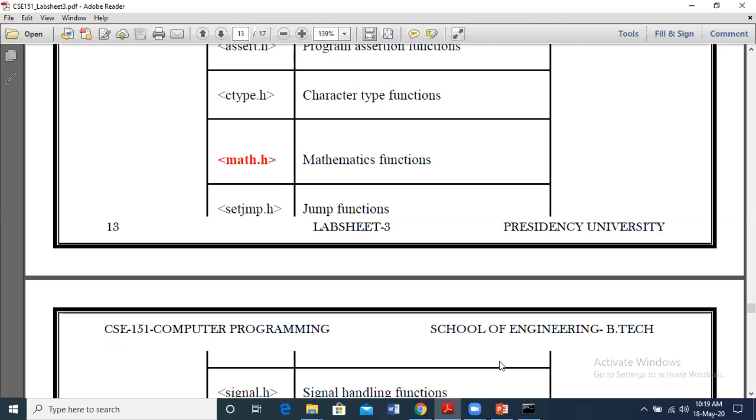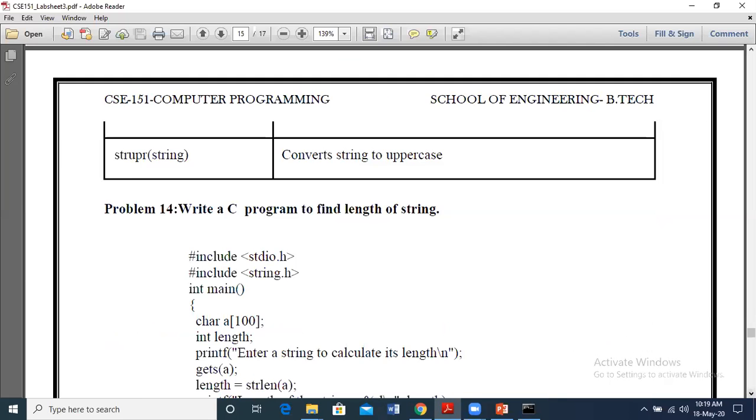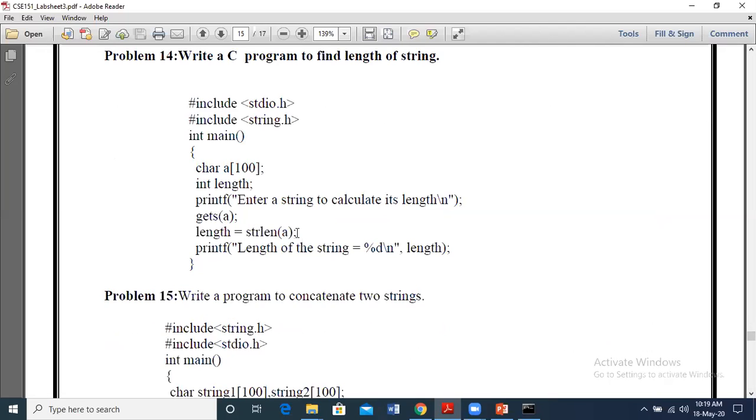Here when we give strlen of a, that is the string we have taken. It will take whatever input we have given in a and count character by character until null. Null is not counted. Say there are 8 letters, so it will return 8. Now the length variable has the value 8. Next we print the length of the string is 8. Executions and clear examples are in the video also, where I've explained this with the flow chart. Please watch that video also.